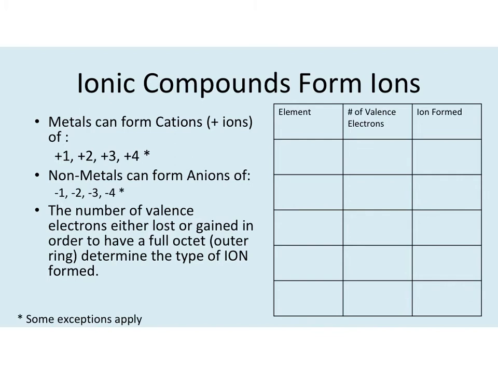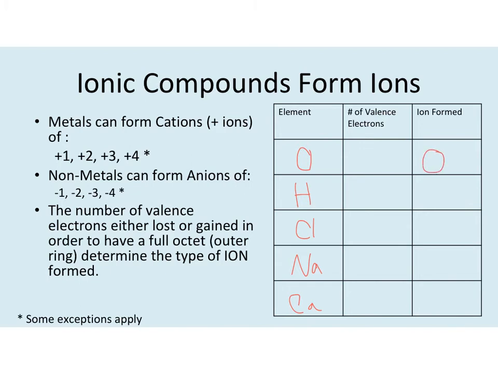Now the number of valence electrons either lost or gained in order to achieve a full octet determines the type of ion formed. So there's a really easy way to figure out the type of ion formed. So I'm just going to put a few down in here. We're going to put oxygen, hydrogen, chlorine, sodium, and calcium. Okay. Now if you want to know what kind of ion gets formed, all you have to do is